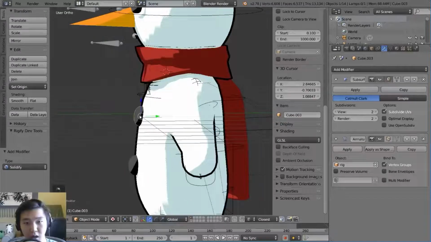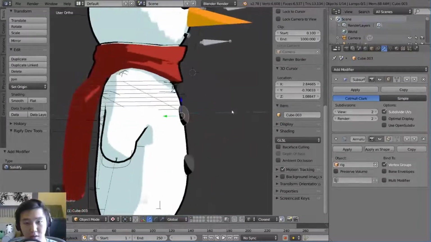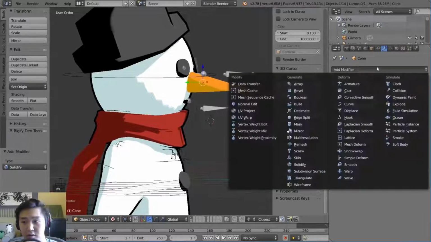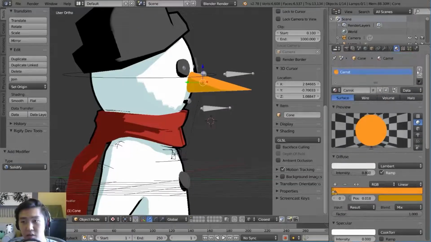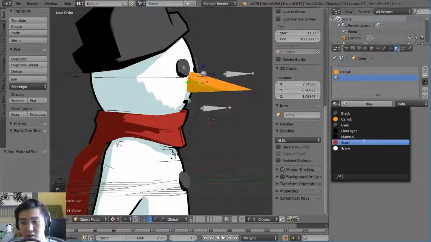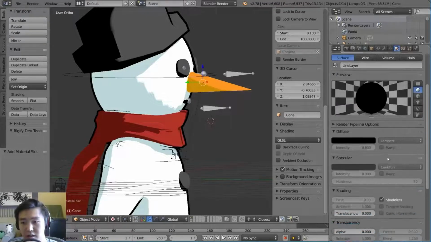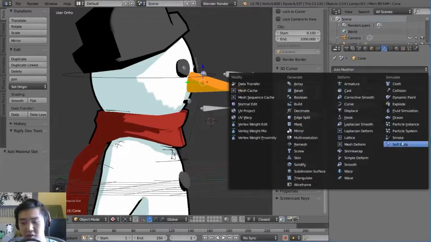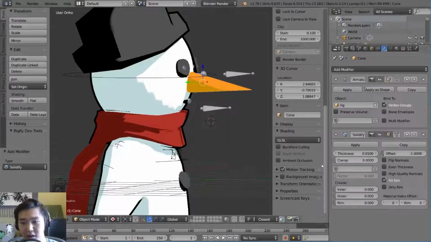The buttons, I could do the buttons. I don't really think the buttons are necessary because they're already black, and it's fine. Oh, the caret, though. We definitely need to do it for the caret. I'm not going to do it for the eyes because the eyes are meant to just be circles, and adding a layer around the circles just doesn't really add anything to it anyway. So to the characters. So let's just go ahead and add that. Flip normals, material index. There we go.